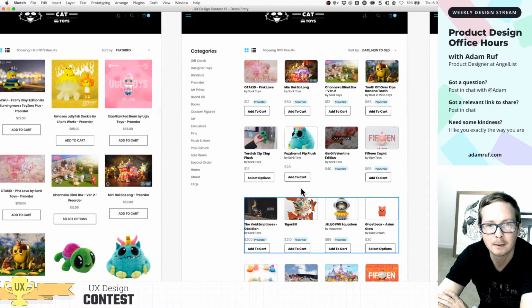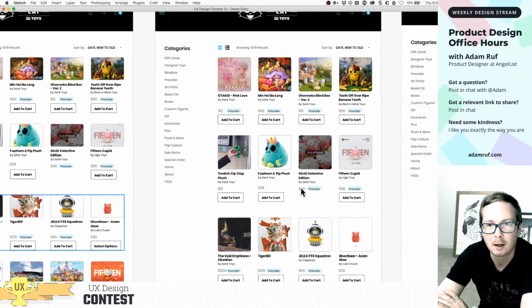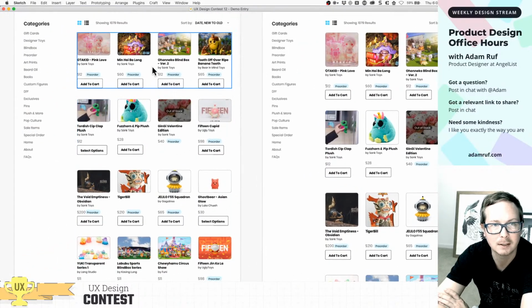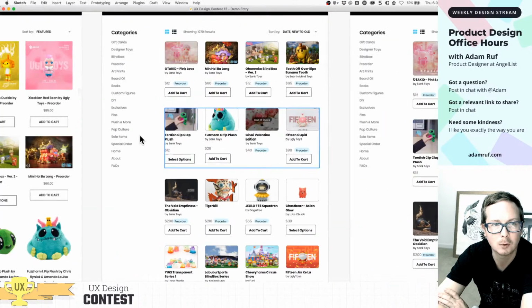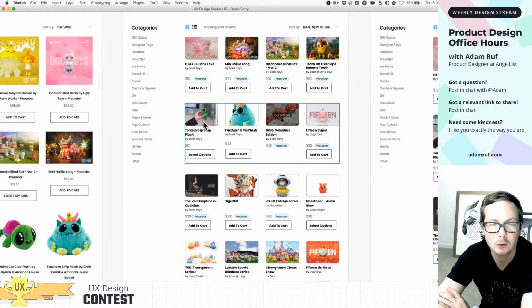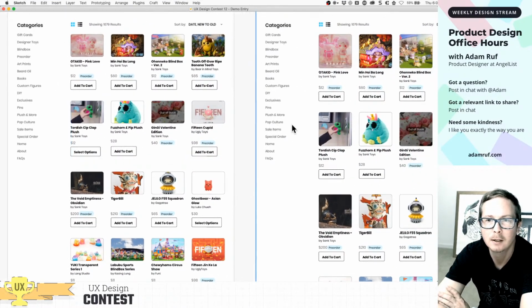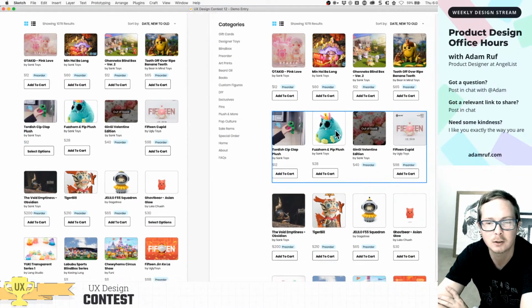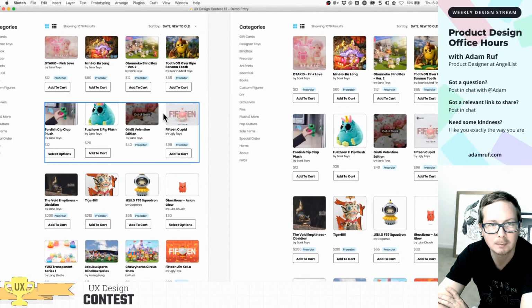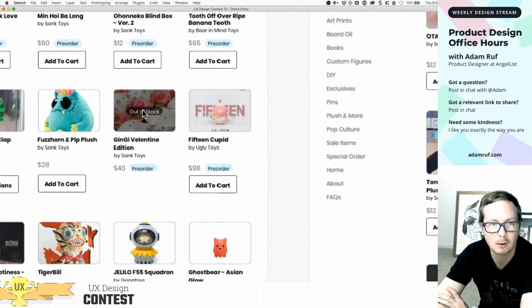And then I also created another version because in initial tests that I did with this, some people were choosing this one for large images. So I thought, all right, maybe I went too far in one direction. Can I increase the size of the images a little bit more and find something that works well? We'll see. Oh, and last but not least, I came up with what I think is a better